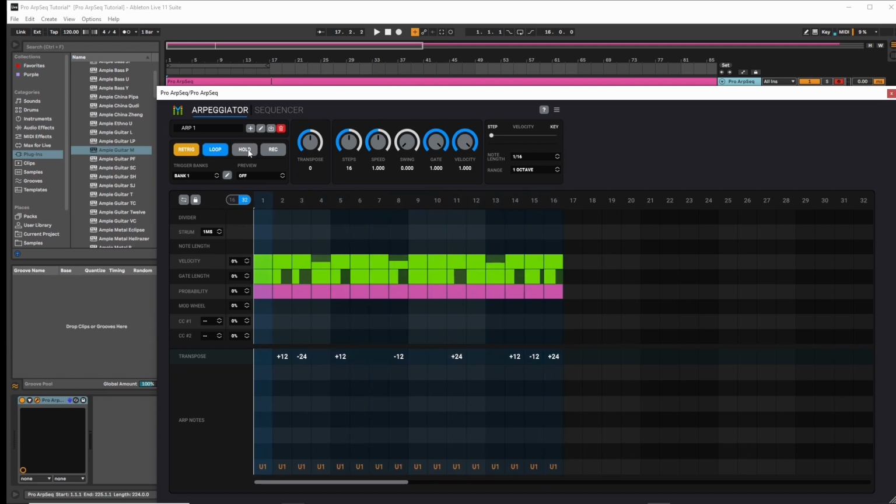Okay, hold will continue operating after MIDI data has stopped being received. So if I click on hold and just press one note, I've let go. Okay,